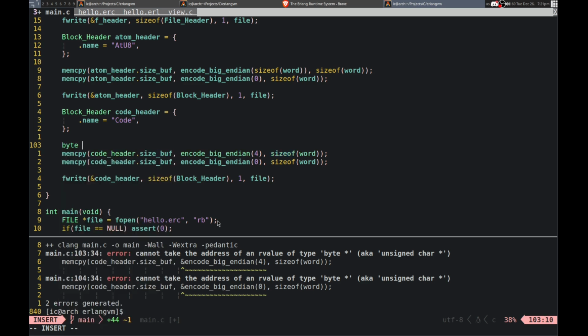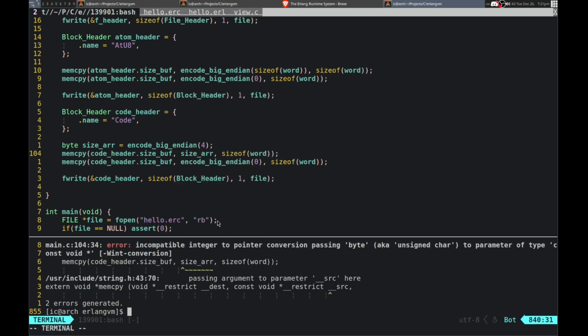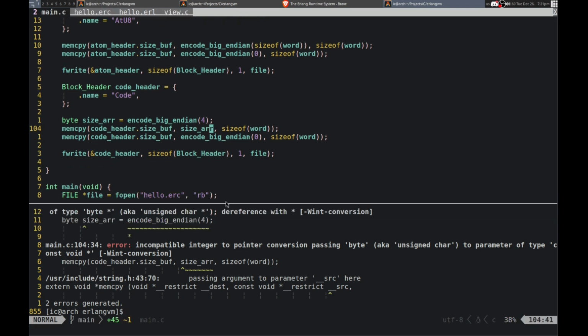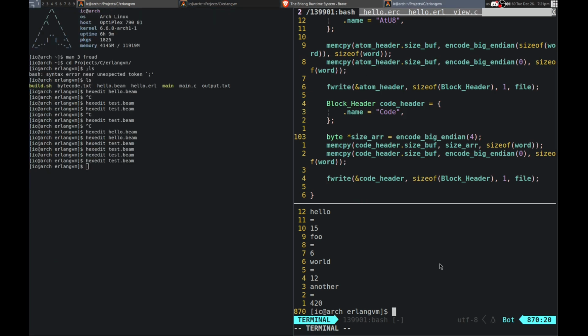The bytecode. Let's see. So, we can size on 4. Put that in here. There we go. Okay. Then did it actually work?